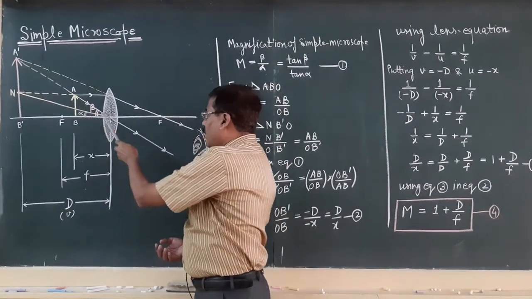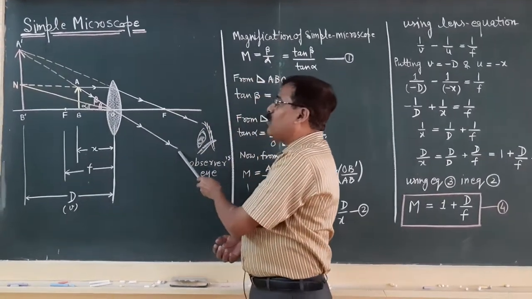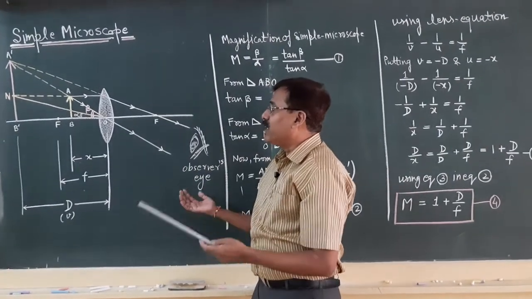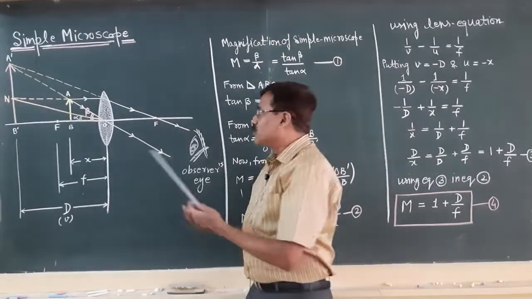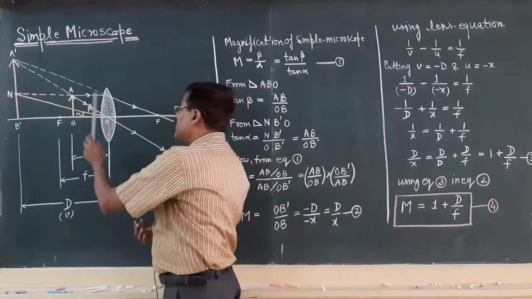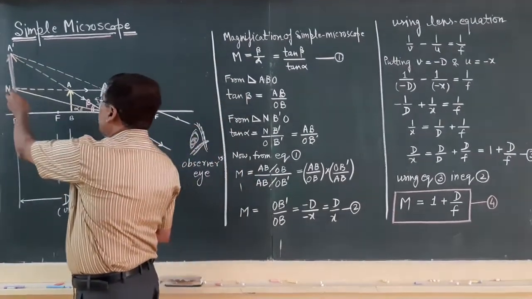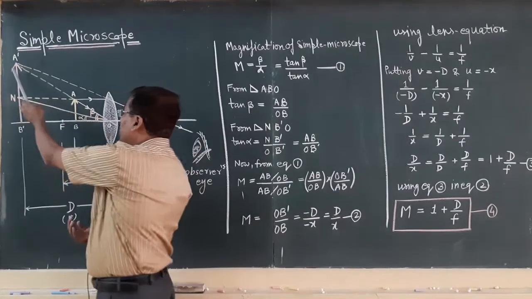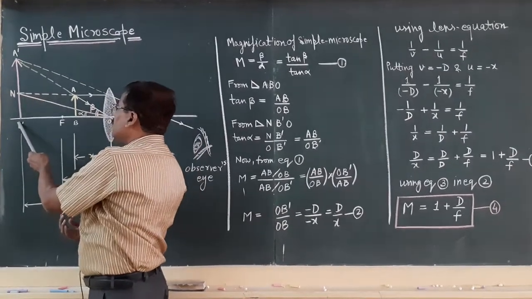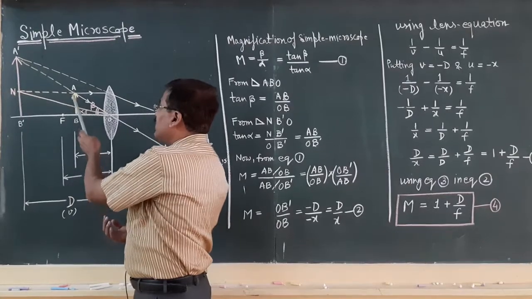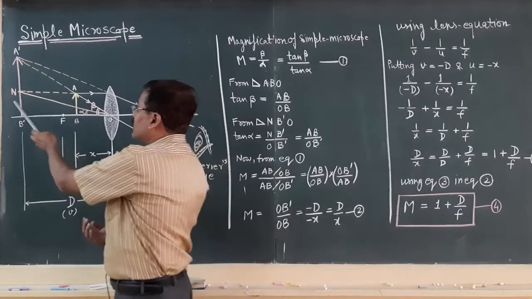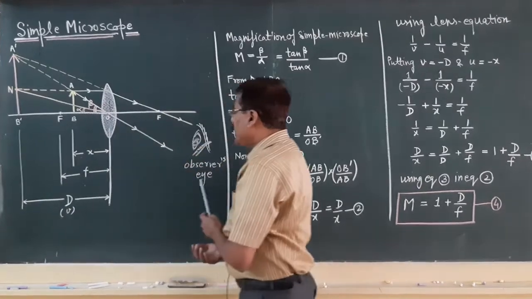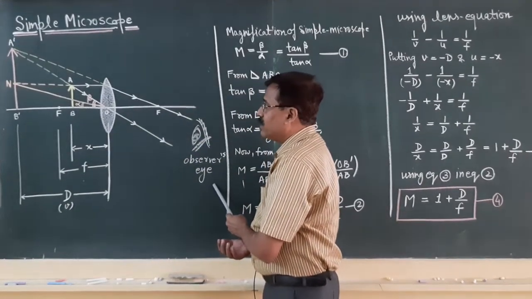The light ray which goes along the optical center passes without any deviation. So, these two rays cannot intersect each other, so a real image is not possible. So, for a virtual image, when you extend the refracted rays in the backward direction, let A dash be the intersection point. So, A dash B dash is the image of object AB. This is magnified, virtual and erect. This is the observer's eye.